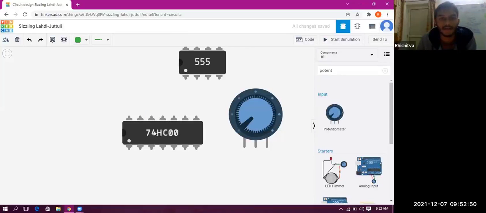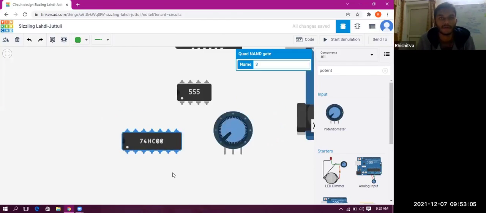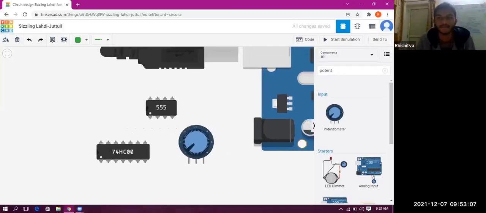So let's say this is a gate, right? And then we give a 3 volt voltage, so it will do some function. And then when it is maximized, let's say 5 volt, right? You maximize your fan speed through that regulator. So it will give some other output. So this is the function of a gate.